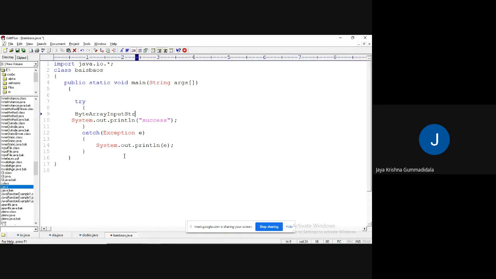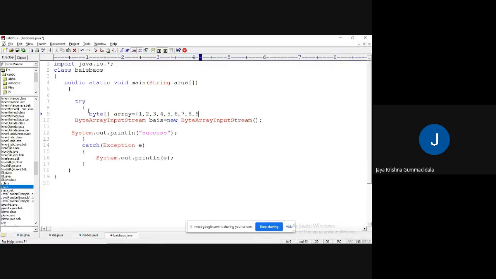Suppose new byte array input stream. Through this constructor, what parameter do I need to pass? I need to pass a byte array. So for example, byte array equal to 1, 2, 3, 4, 5, 6, 7, 8, 9. I have created a byte array. So what is the parameter we need to pass here? We need to pass the byte array, right? That is the reason I passed the array.